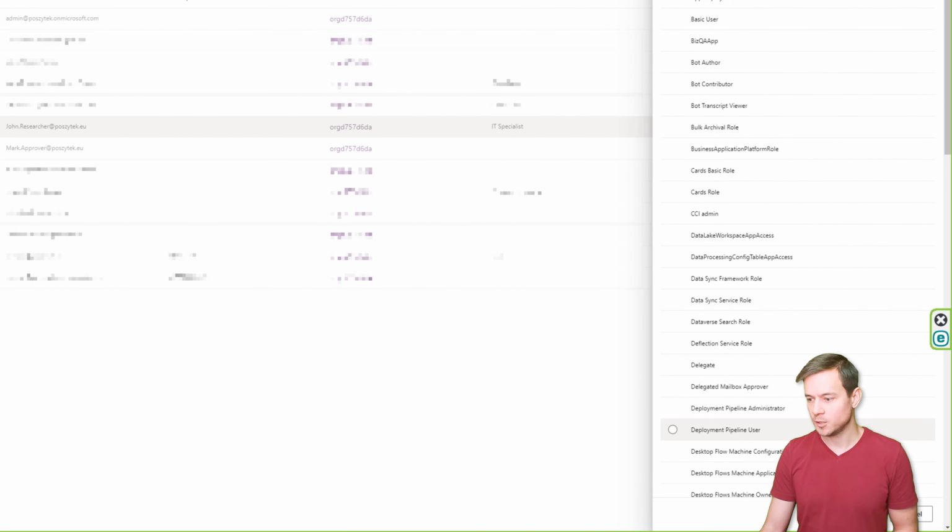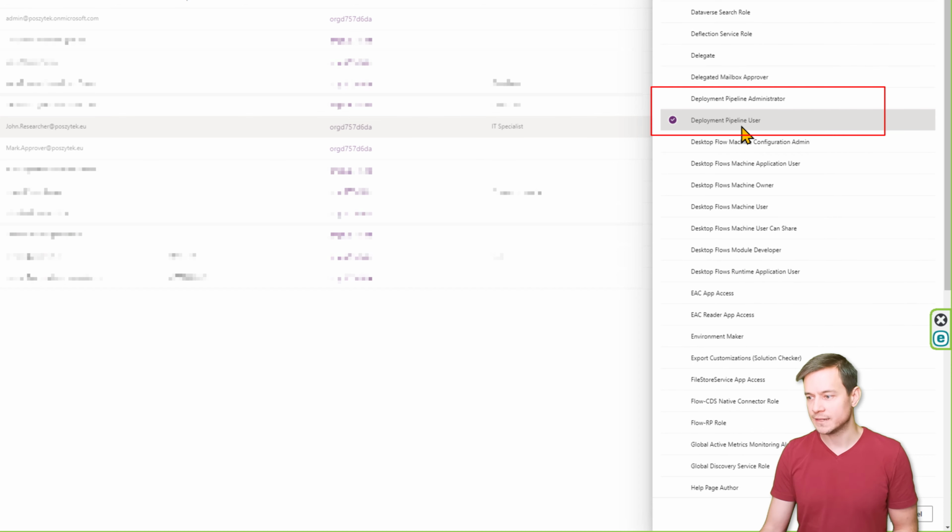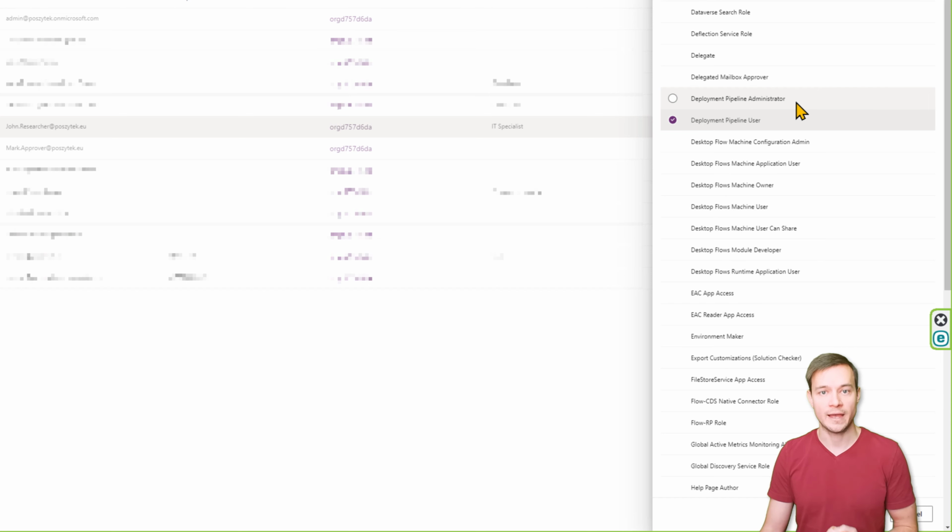So it's called the deployment pipeline user. Now this security role, you have to grant it to every user with whom you'd like to share that pipeline, and who you'd like to let use the pipeline. Now, the deployment pipeline administrator security role is obviously the role that you need to grant to anyone you would like to allow to navigate to the environment, to edit pipelines, to create new pipelines, to delete existing pipelines,